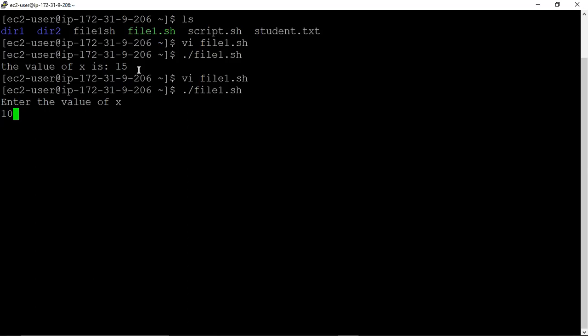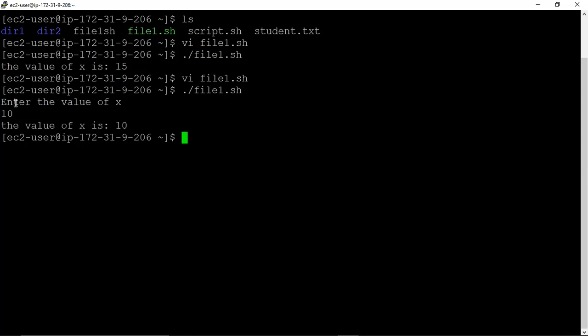Because in the previous case we discussed, in the script itself you have to take X is equal to 10. If you want to change the value of X, you have to go into the scripting file and edit there, suppose X is equal to 20, X is equal to 25. So every time you have to do a correction in the scripting file. Here we are entering the value on the terminal itself. We need not change the scripting file. If we press enter, it says the value of X is 10. So this is our answer.